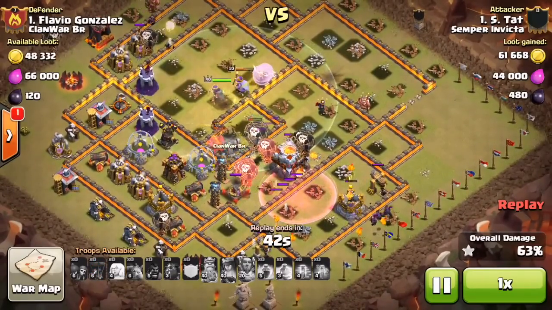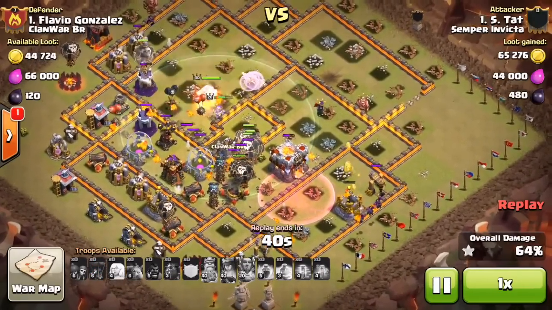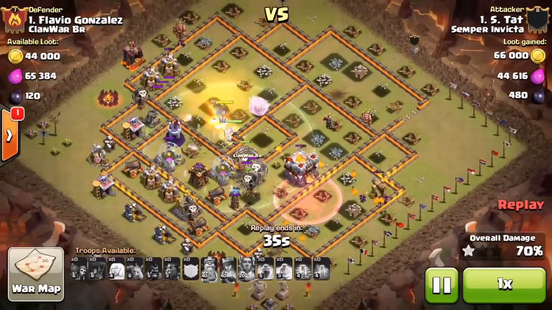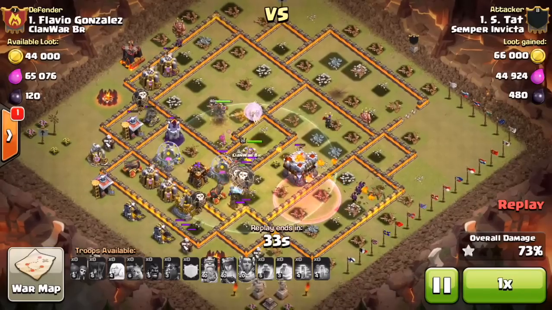Drops a haste to get them through that sweeper, and now Queen's going to go in and take out air defense. So the Queen had unbelievable value for this raid. I believe she took out,